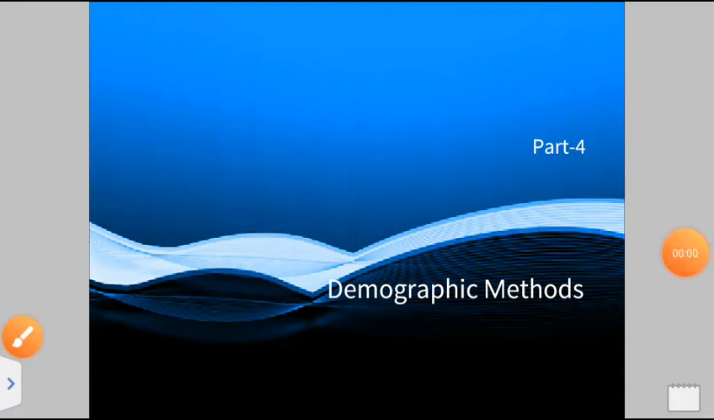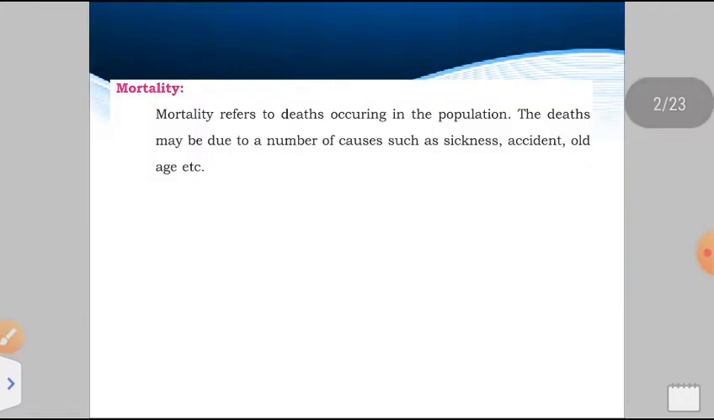Students, today we are going to learn about the demographic methods as a part 4. Already in the earlier parts we have learned about the fertility rate, reproduction rate, and today we are going to continue with the same. Today we are going to learn mortality, what mortality is and what are the measures